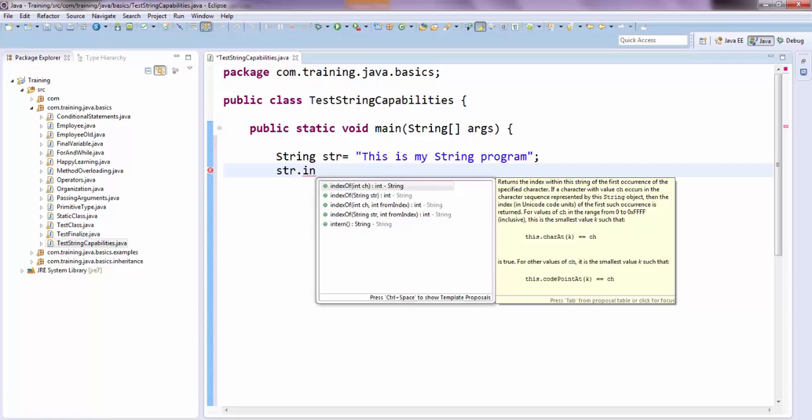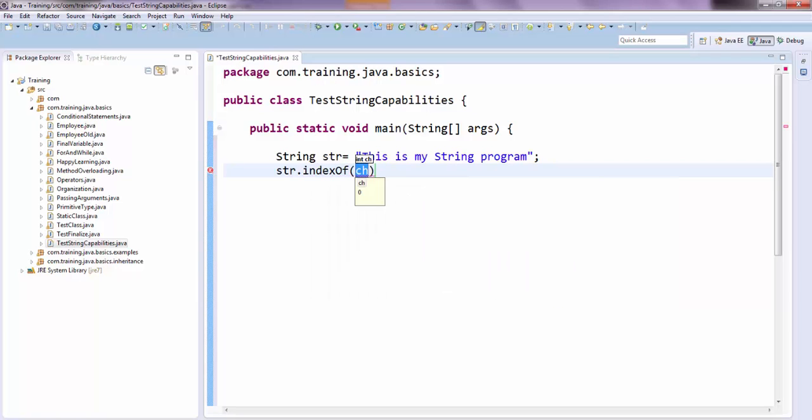You can pass in a character or a string, and there are versions with a fromIndex. The one which is very frequently used is where you give a string. Say I want to find out the index of "my". So if I print it,